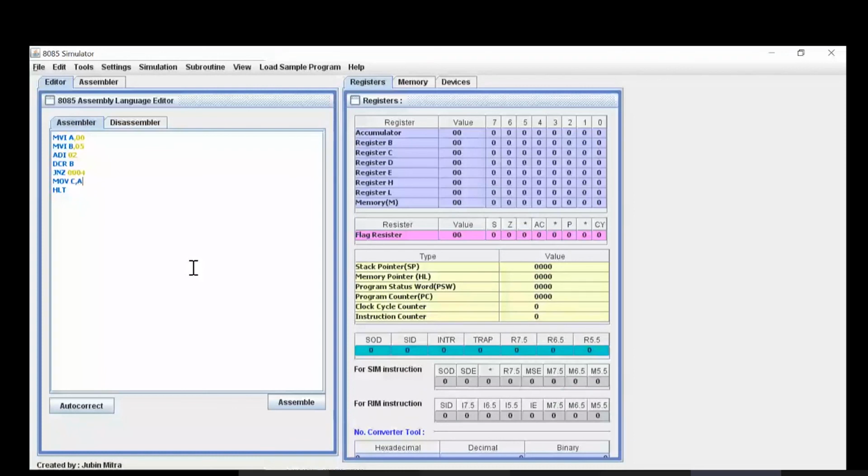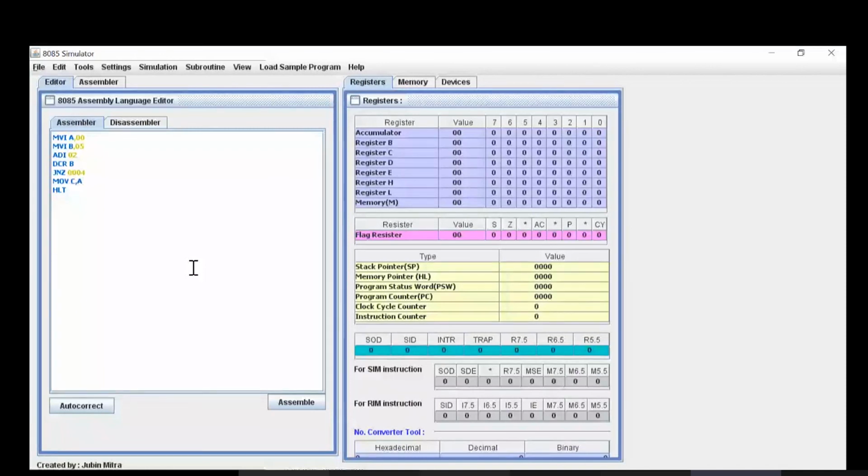So we're going to have a new set of instructions. We're going to load 00 to A. Then we're going to load the first value to B. Then we're going to add, that ADI, that to 02, then we're going to decrement, then we're going to jump, and then we're going to move. All right, so these are the instructions.